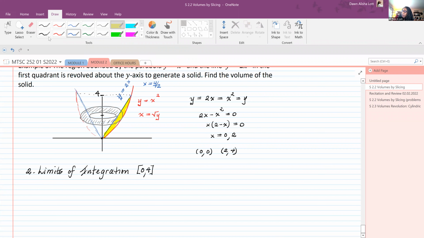Okay. So see, here's the big radius. Goes to that curve. And then the little radius, which should be blue,